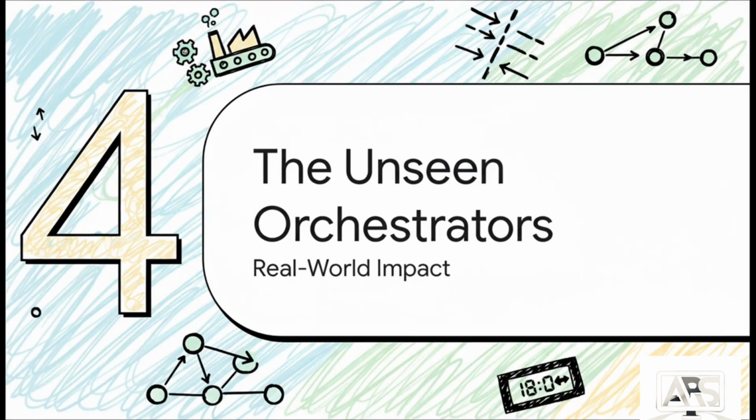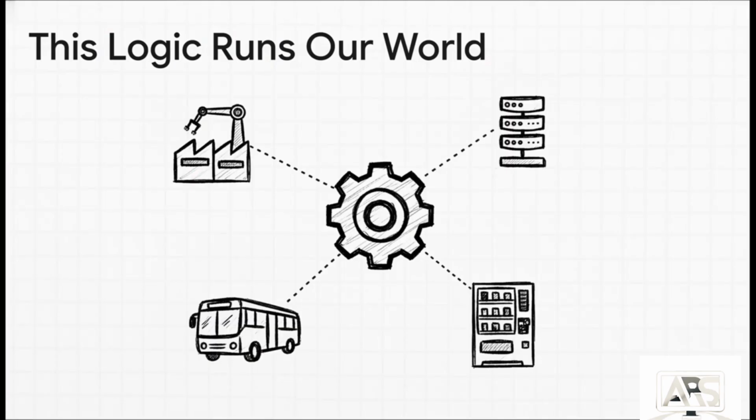So, a bunch of weird math, right? Why should you care? Because this isn't abstract at all. This is the stuff that is running the world around you right now. These are the unseen orchestrators of our entire modern life. And I mean it. We're talking about the invisible engine behind global supply chains, making sure your packages arrive on time. It's in automated factories, computer network protocols that make the internet work, and public transport schedules. Heck, even the simple logic inside a vending machine can be designed and perfected using these exact same ideas.